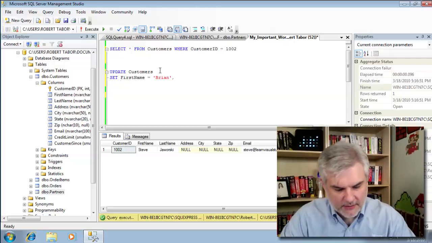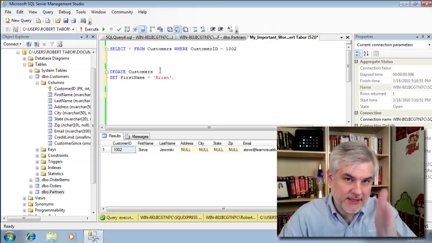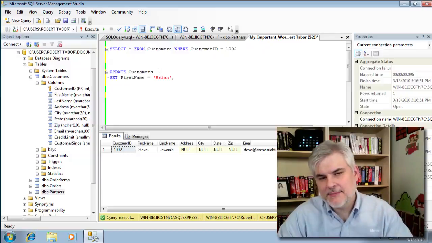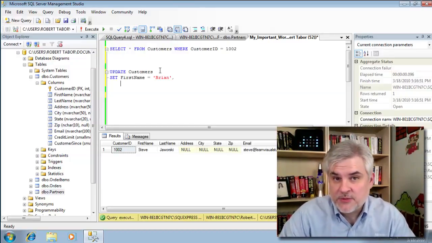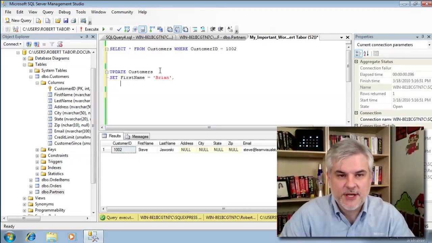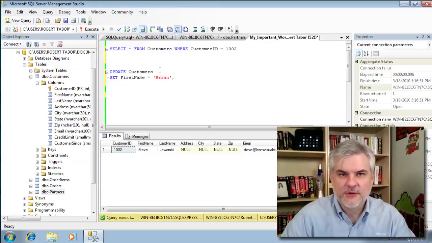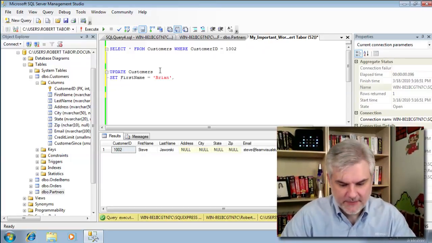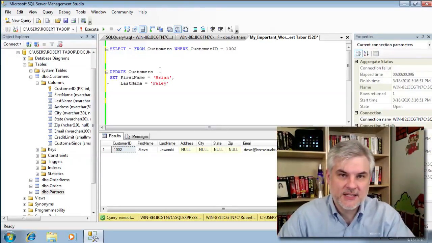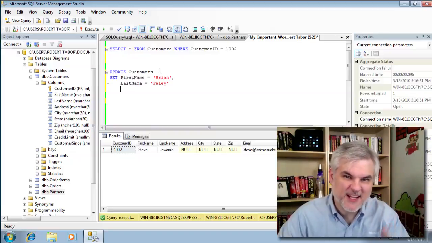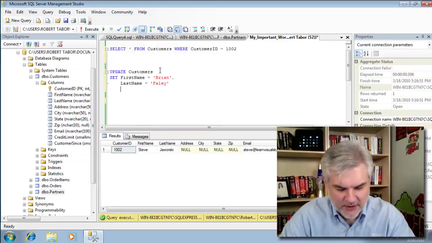Then I'm going to use my space bar and tab over so I can keep things lined up in the same column. I'm kind of a neat freak when it comes to writing SQL, and that's one of the reasons why I like SQL Server Management Studio as opposed to writing in the query window where they change the way you're formatting on you. Okay, enough about that. Last name equals Faley. Now I'm going to hit the return button, and it takes me down to the next row, but it keeps it in the same column. Love that. Okay, I know it's a small thing. Equals Brian at